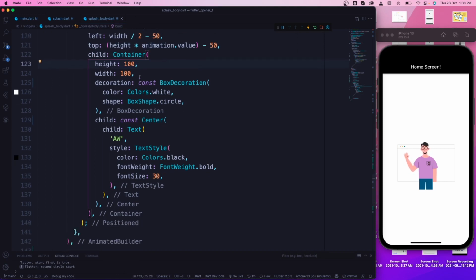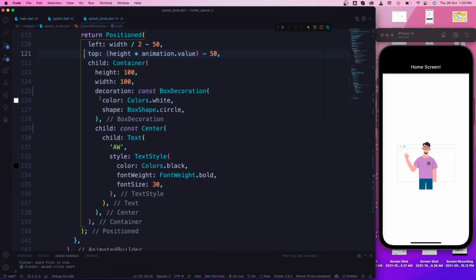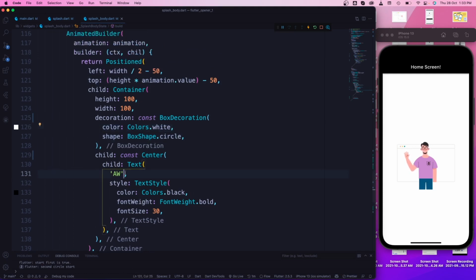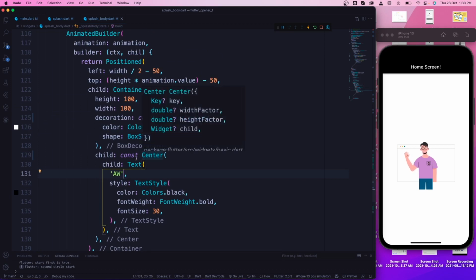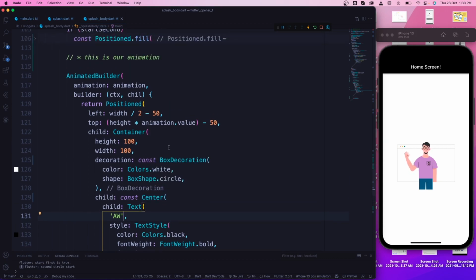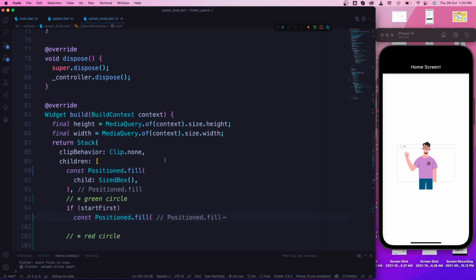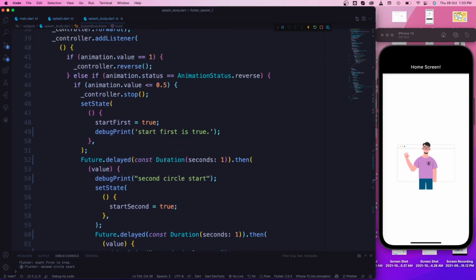And now after we have the idea of how this will be positioned, we create a container which will have a box shape circle, color white, and which will have the text AW inside it. If you want to implement this within your app, you will just change it to your own initials. And after that, we're going to have a look at this animation.value. So if we go back to our animation listener, right over here,